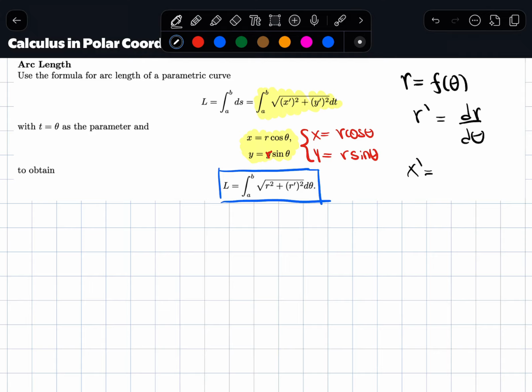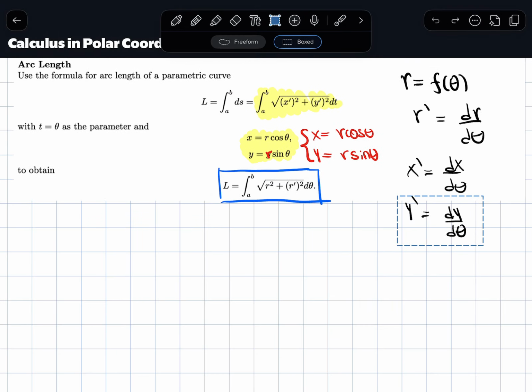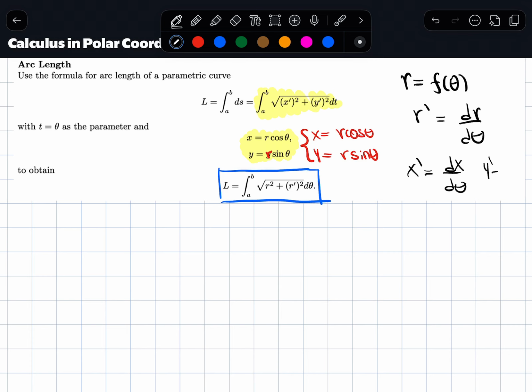When I do x prime, that's dx d theta, and when I calculate y prime, that's dy d theta. So let me tuck this in a little bit. Oh, not what I wanted to do. So I'll go ahead and rewrite this y prime and go straight to the calculations with you to find out what the formula has to be. Okay. We're going to use